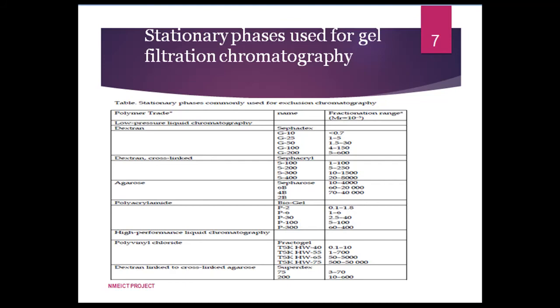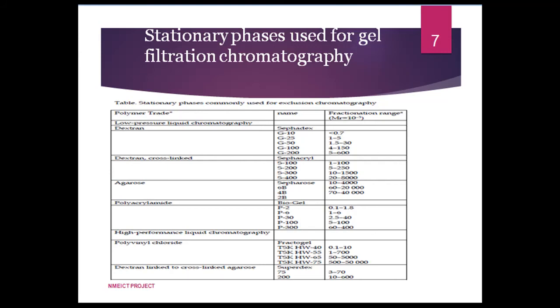The support for affinity separation are similar to those for exclusion separation. For low pressure liquid chromatography, different types of matrices are used as shown in table 1. For instance, dextran is available under the trade name Sephadex, and different types are available depending upon the molecular weight you want to separate. That means they will exhibit different cross-linkage or porosity depending upon the range of molecular weight which you want to separate, as shown in table 1.